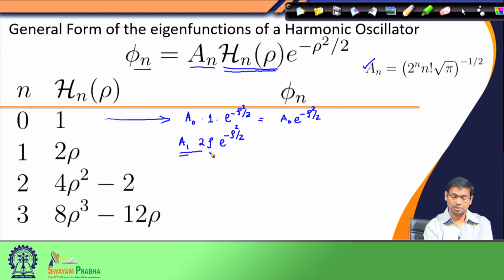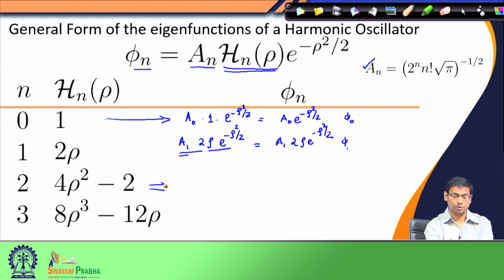For example, take this rho e to the power minus rho square by 2, which is phi 1, and try to normalize it independently, and you see whether you are obtaining this expression or not. So, a 1 2 rho e to the power. So, this is phi 1, this is phi 0, and similarly when I try to write down the